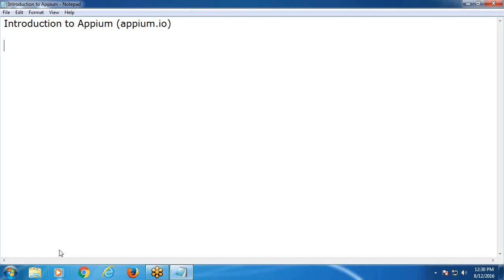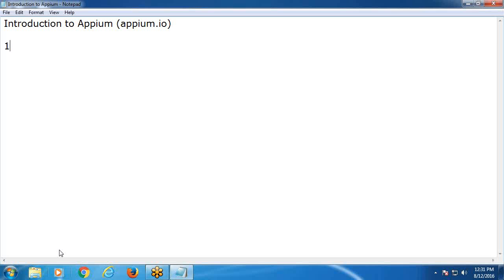Introduction to Appium. Appium is an open source test automation framework. Some are saying tool, but as for the official cited documentation, it is an open source test automation framework. But some are calling it a tool. But on appium.io, the official website of Appium, you can find this term, test automation framework. Appium is an open source test automation framework for automating mobile software applications, launched in